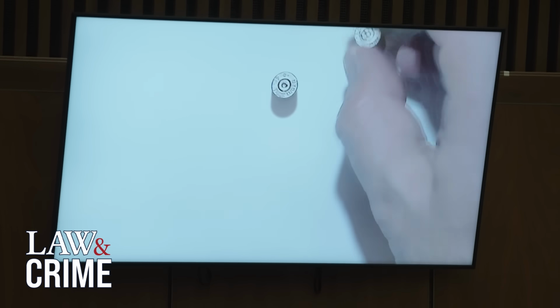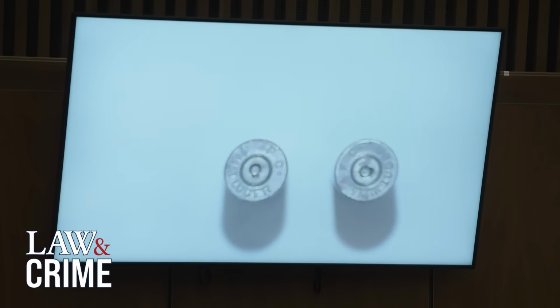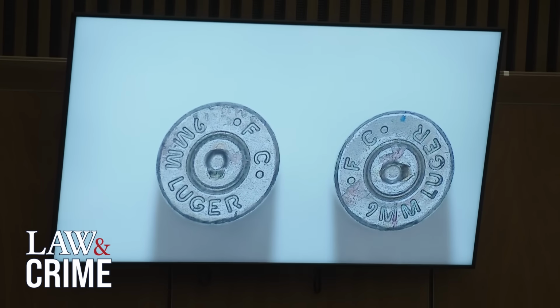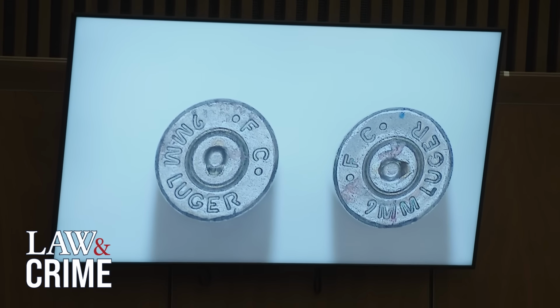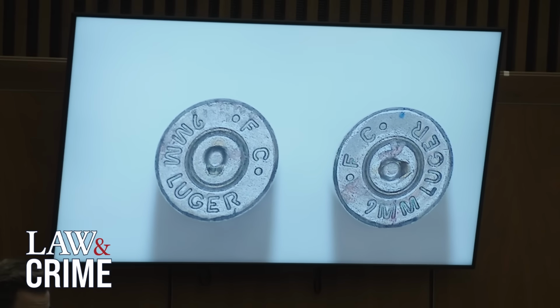Then lastly, we take the 2 items out of the smaller envelope. Up here. Can approach with these, if you would. You tell us if these are the fired cartridge cases that you examined in this case. Yes, their external features match the features that I